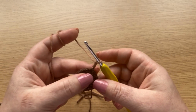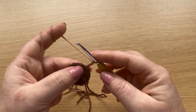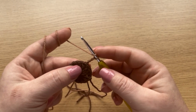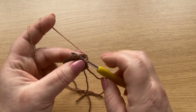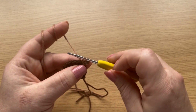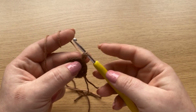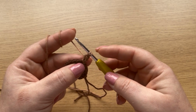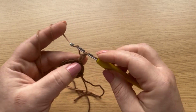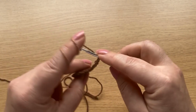For the second row, we do groups of 2 incomplete double crochet. Yarn over, I'll show you. Yarn over, put the hook through the stitch, grab the yarn. We have 3 loops on the hook, yarn over, pull through 2, and we stop. We don't finish the double crochet. We have 2 loops on the hook, yarn over, pull through 2, chain 1, and we'll do the same in